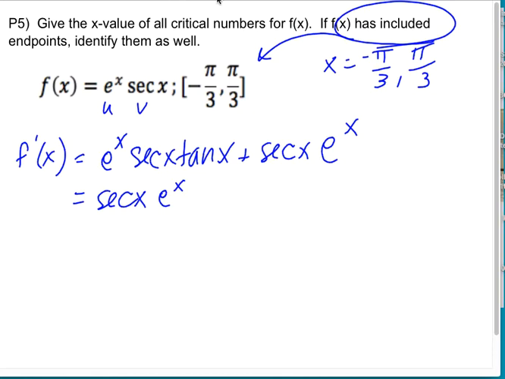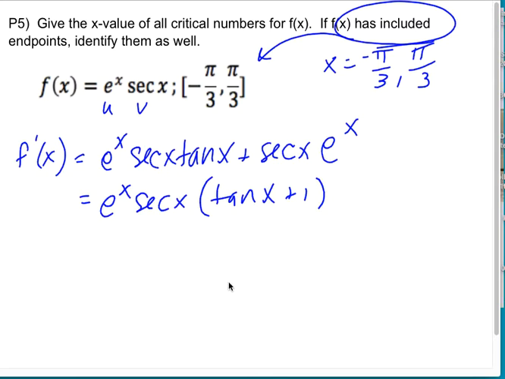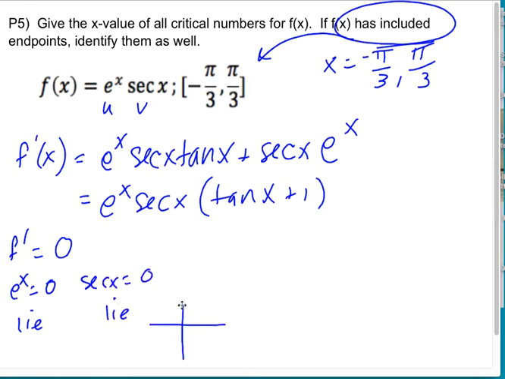Oh, I don't like that order. Sorry, I'm going to fix it. I'm going to yank out the e to the x first. It just looks nicer. So e to the x, secant x, and then in here I'm going to have a tangent x plus 1, right? So f prime equals 0 is going to happen either when e to the x is 0, which is not possible, or when secant x is 0, which is also a lie, because if you picture a secant